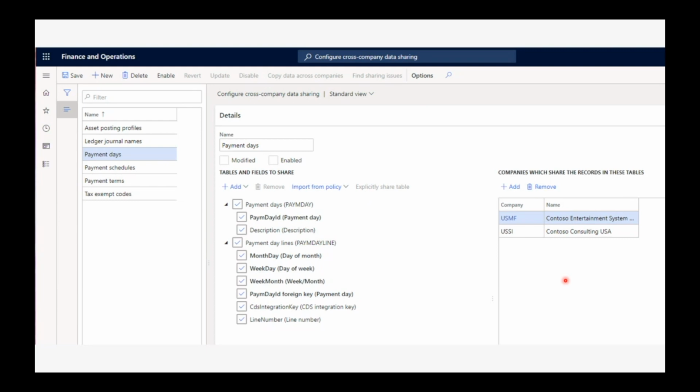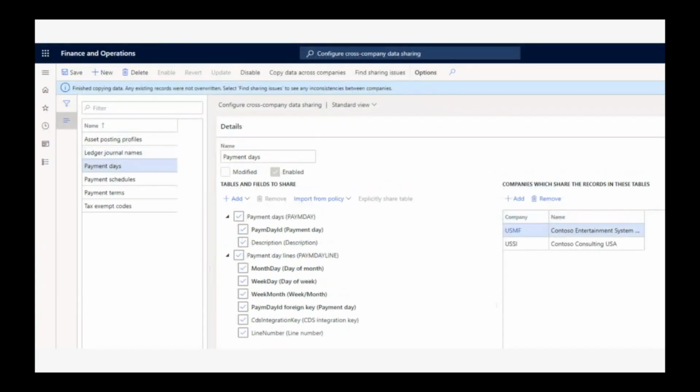So the first step is that you press the enable button, and once you have pressed it, it will run for a while. Since you might have data already existing in the entities that you have selected, if those legal entities already existed from the past, there might be some conflicts. You have a button here called Find Sharing Issues.